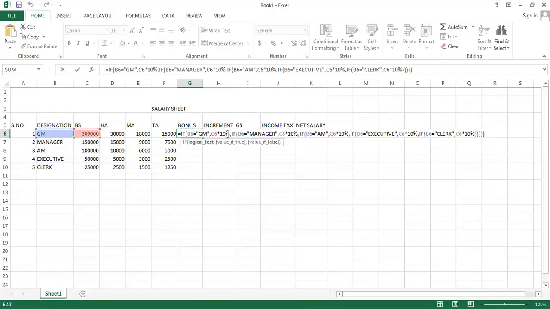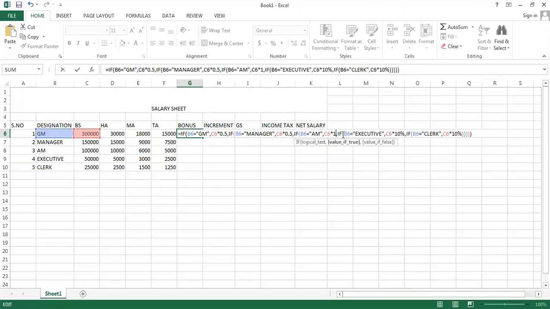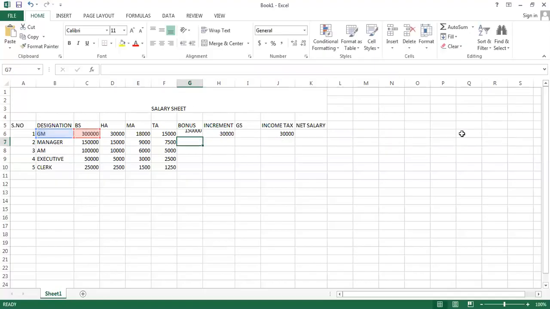In such case, in order to give half of their salaries, I'll remove this percentage and I can write 0.5 instead of the percentage. I'm multiplying the basic salary by 0.5, which means I'm giving half of the salary to the employees as the bonus, right?